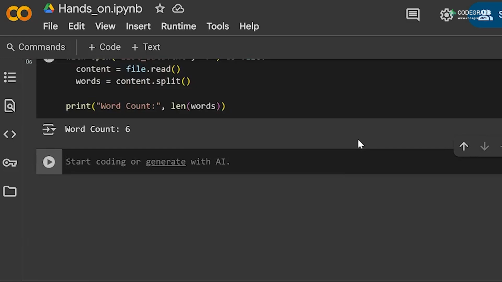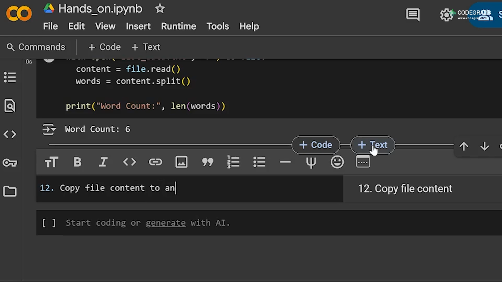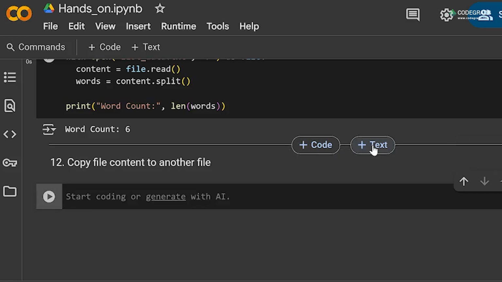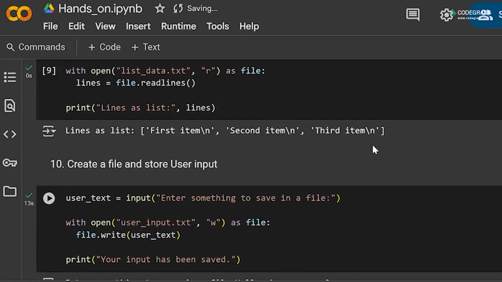Now, how we could copy file content to another file? Next is copy file content to another file. Okay. Now for that, suppose I want to copy this content, that is the content in the list data txt, and I want to copy this content into another file. So what I will do